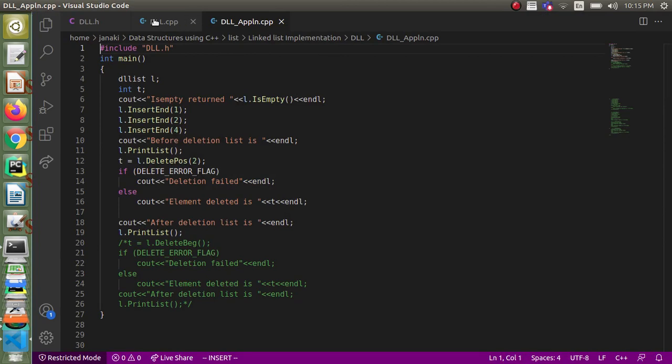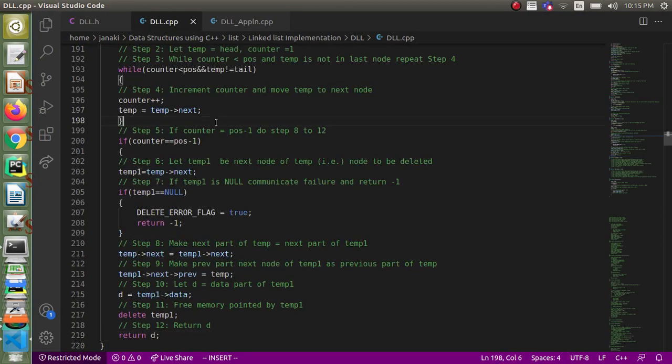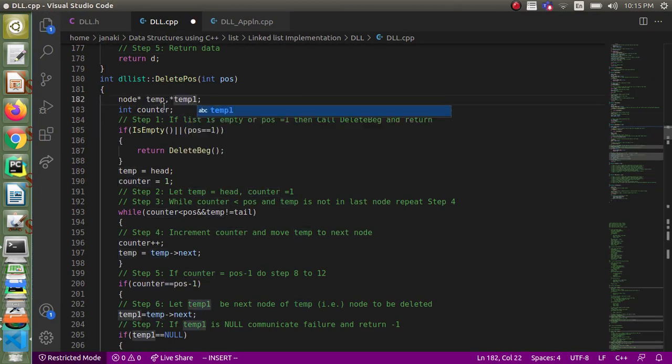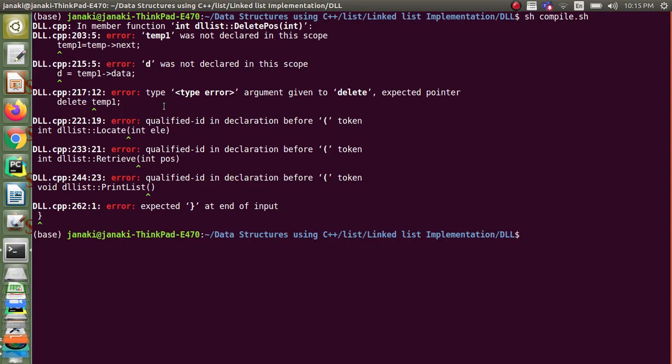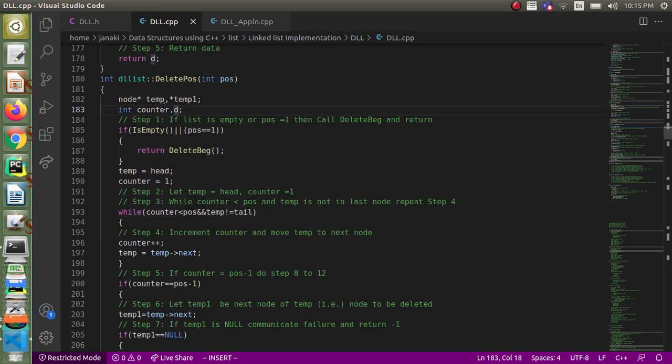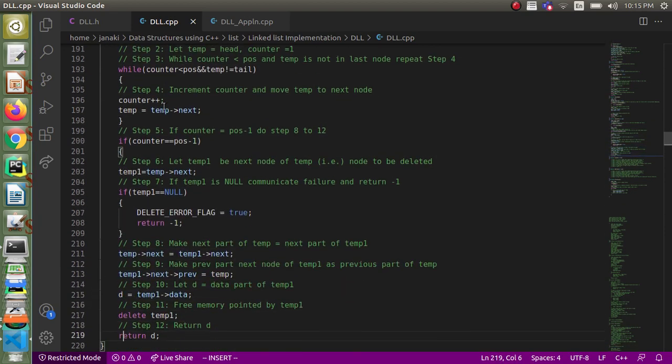D is not declared, temp1 is not declared. Okay, so let's declare it. Star temp1 and D, right? And in 221 I have got a problem.